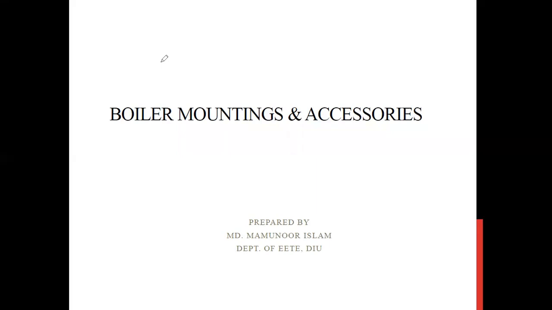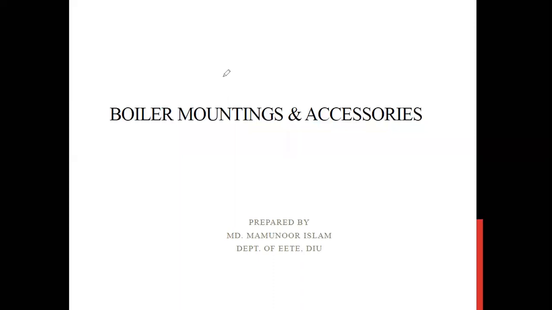There are many components to run the steam power plant properly. So today we will see some of the important components to run the steam boiler. The boiler is a closed vessel where we put water by pump and we give heat. We discussed the different types of boiler in the last class also. We give the heat and we make steam, the gaseous state. So ice, water, steam. Steam is the gaseous state. So today we will discuss the several components needed to run that boiler properly.